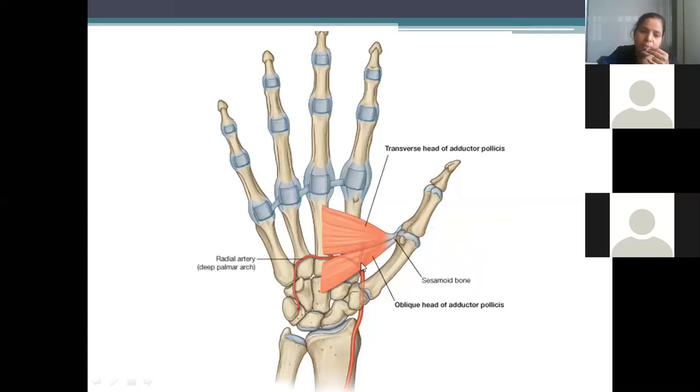In between these two heads, you can see, it comes piercing these. Okay, between these two heads it comes and joins. This is the ulnar artery and this is the deep branch of the radial artery. Both of them are now joining. That means the deep palmar arch is almost lying over bones, isn't it? It is so deep, whereas the superficial palmar arch, what was the location? Just below the palmar aponeurosis.